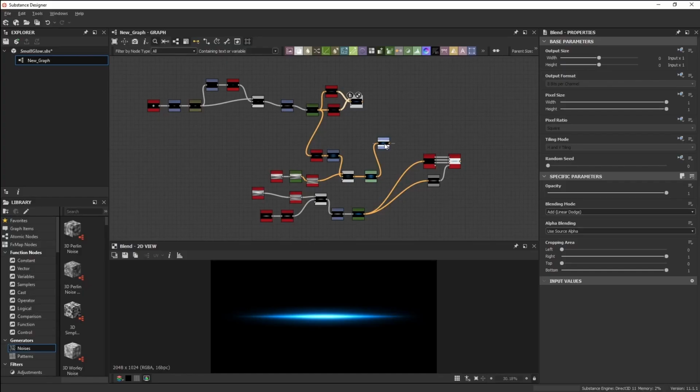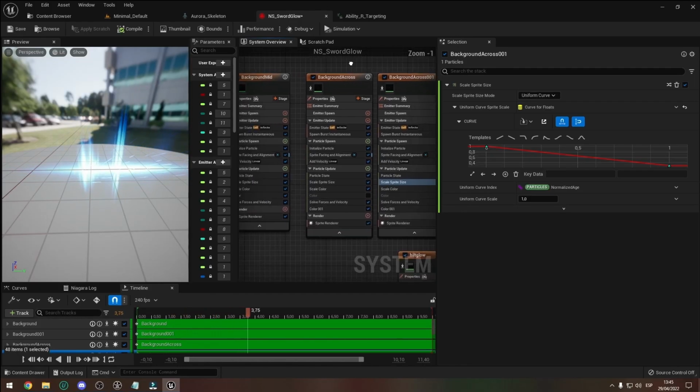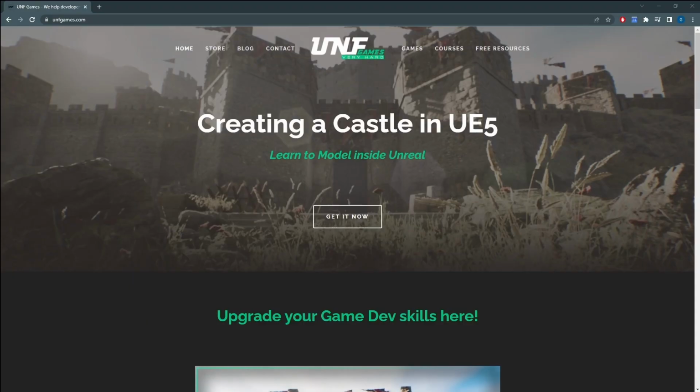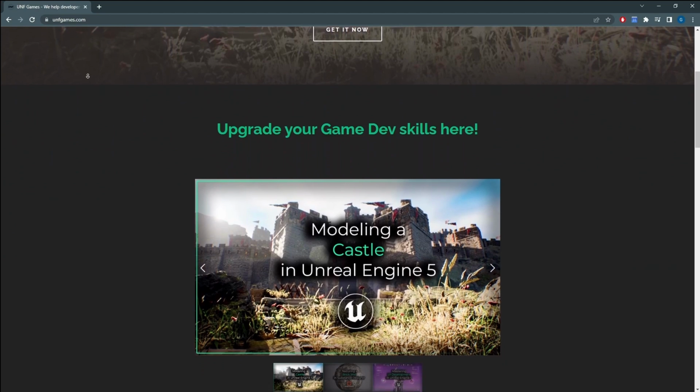We'll be doing textures in Substance, and inside of Unreal Engine, you'll learn how to make the materials and the Niagara system. The project files will be in our UNF game store on free training,